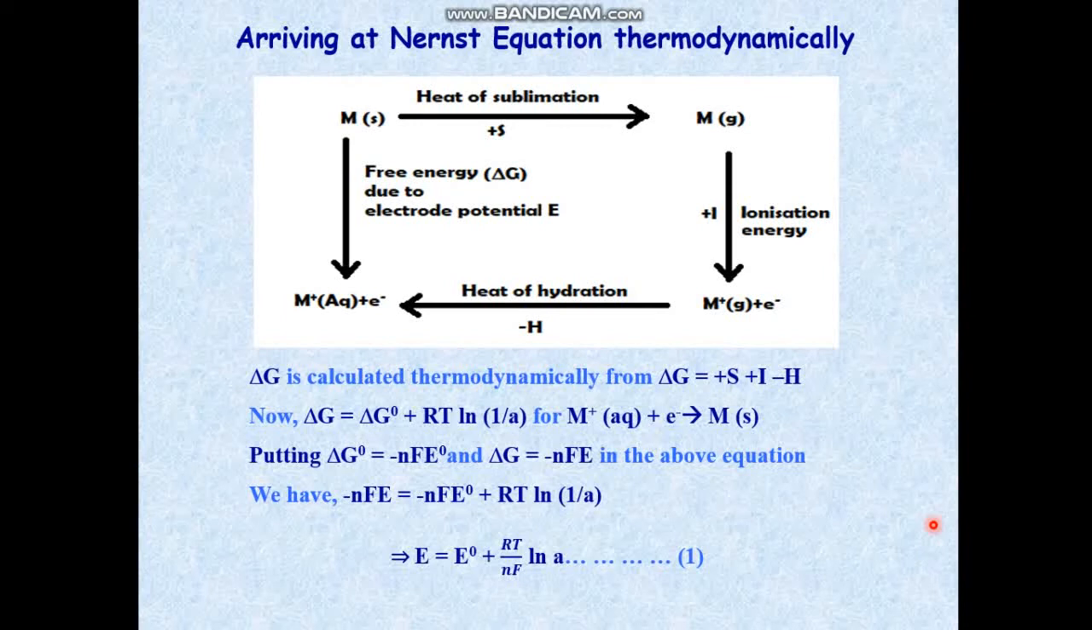Now, the Nernst equation. Here, equation 1 is the Nernst equation, E equals E0 plus RT by nF ln a. So, how do we arrive at this Nernst equation? This is a cycle, a Born-Haber type of cycle. Now, a metal is getting aquated in the form of a metal cation. So, this is shown here, a solid metal, and here the metal cation getting aquated by releasing 1 electron